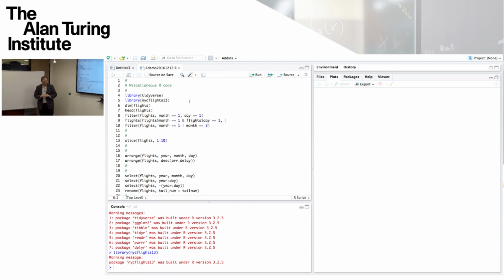This is a package, again put together by Hadley Wickham, which you can get from the CRAN archive. And if you go to the CRAN archive, you get a nice page describing each package, what it depends on, what it does, the source code and all the things. But often there's a link to a website which gives background information about the package, or it might be a GitHub repository site.